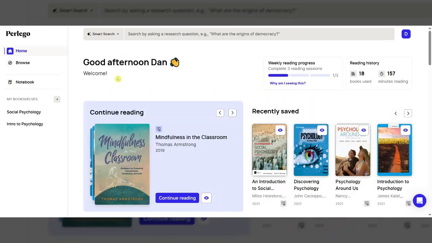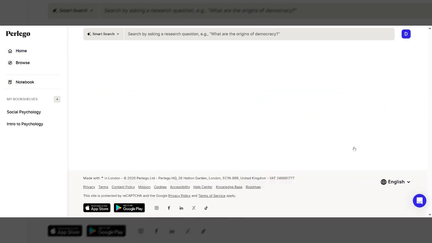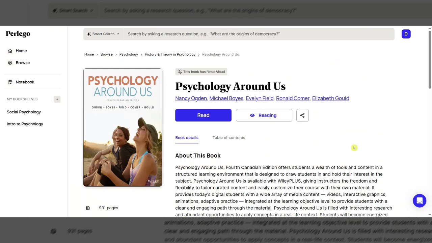And if I just go back to my home screen, just to mention as well that you also have the option of bookshelves, so my bookshelves. And even though it'll save things here on your home screen under continue reading, it might be no harm to start organizing stuff within your bookshelves. So you can do that while you're reading the book. So this one I'm going to go continue reading.